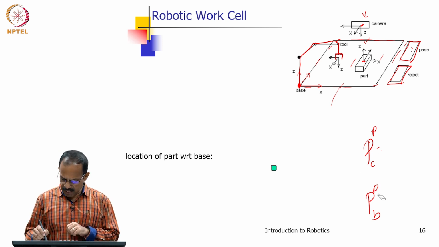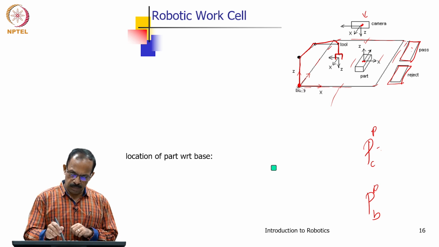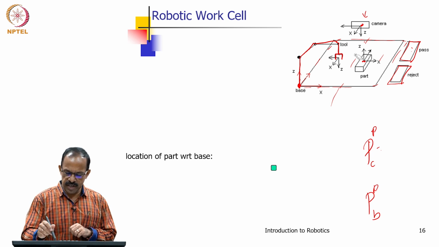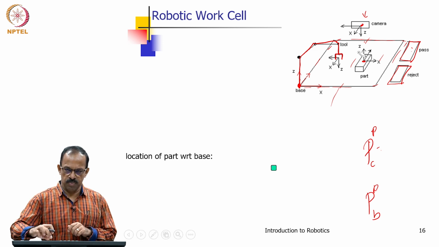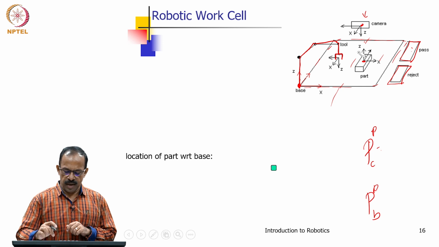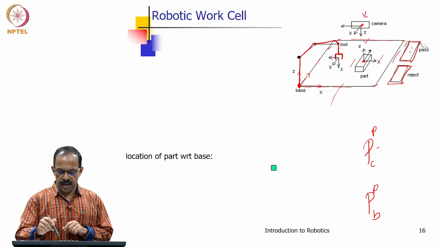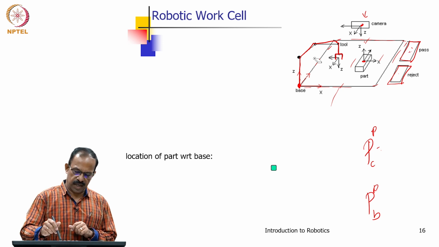Once we get the position of the part with respect to the base, the robot will do an inverse calculation to find out what the joint angles should be to reach this position, and then it picks the object from that location. Then it does another inverse calculation to find the joint angles to reach the place location, and then the joints move, it places the object here and comes back.